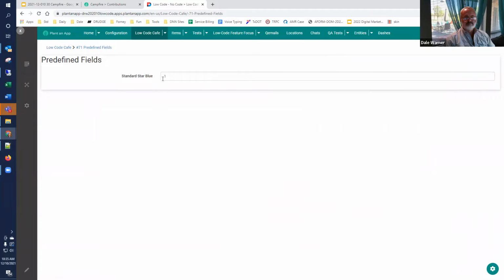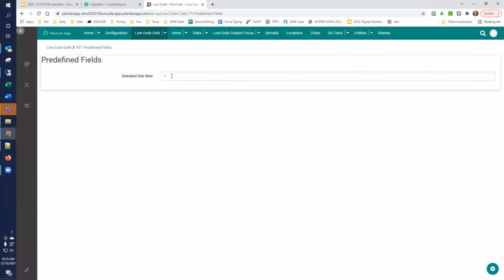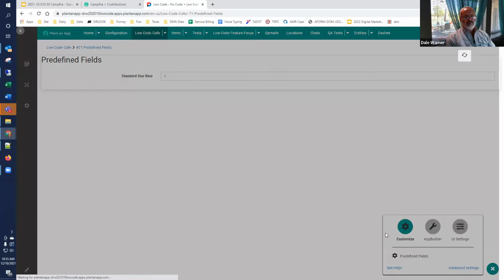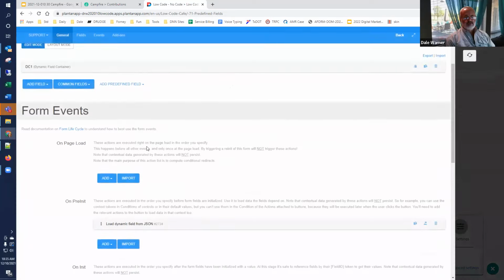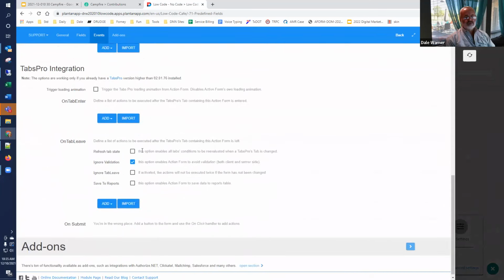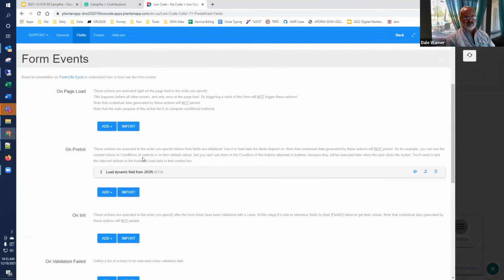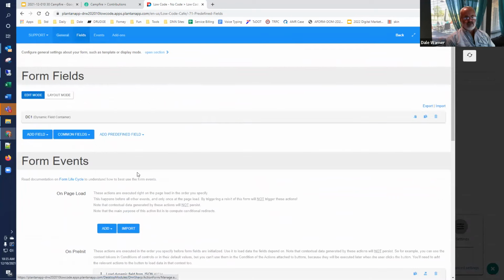So probably the star rating is not supported by the dynamic field. I think only the controls that you have actions for are the ones that are supported. So probably that's why it didn't render. Right. So the ones that are there, let's just take a look at that again. So the answer to your question is not predefined fields, but the fun part then is that